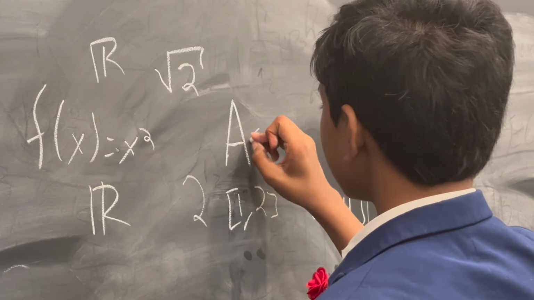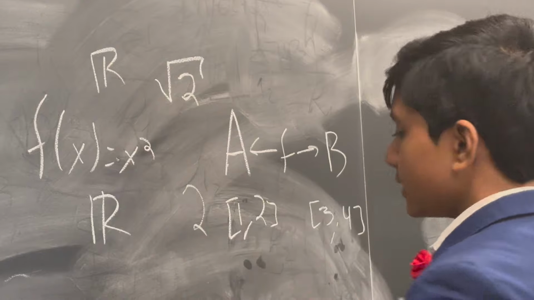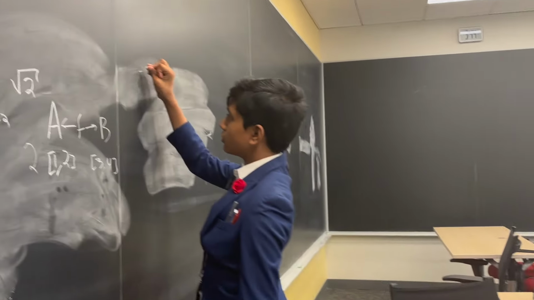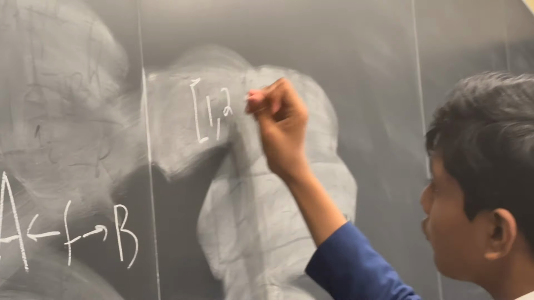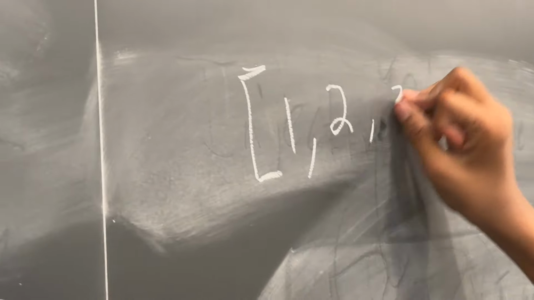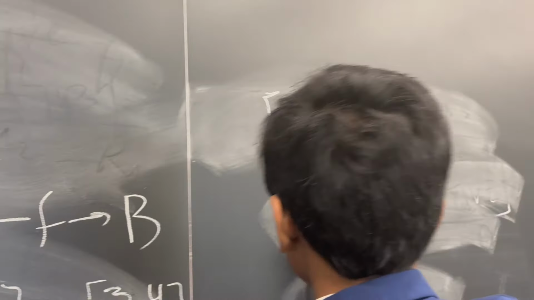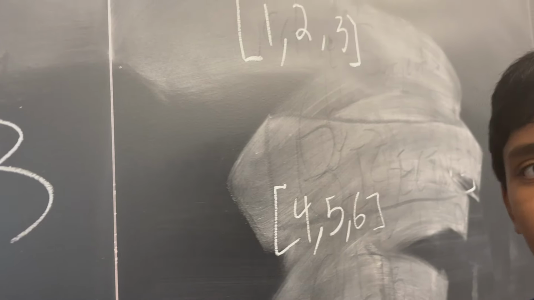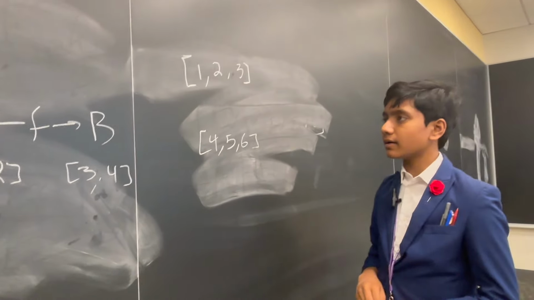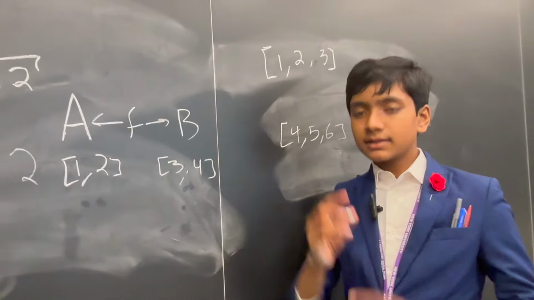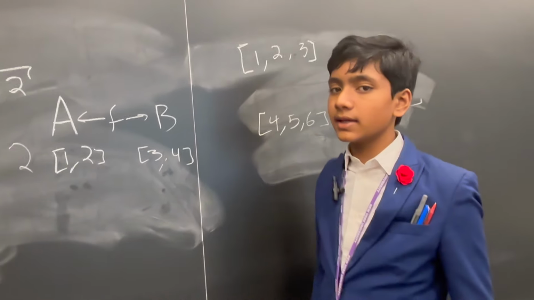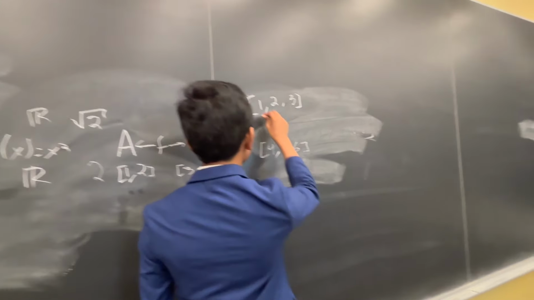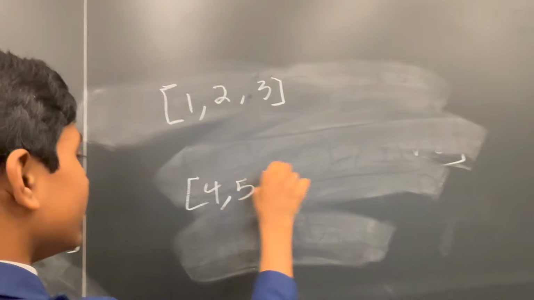All that matters is that there's a relation between one and the other. And this is where we get to how we can relate between two sets. For example, if we have 1, 2, 3, and 4, 5, 6, there are tons of different ways that we could create a relation between them. The simplest way to think about it is a one-to-one relationship. How many ways can we make a one-to-one relationship? Well, there are